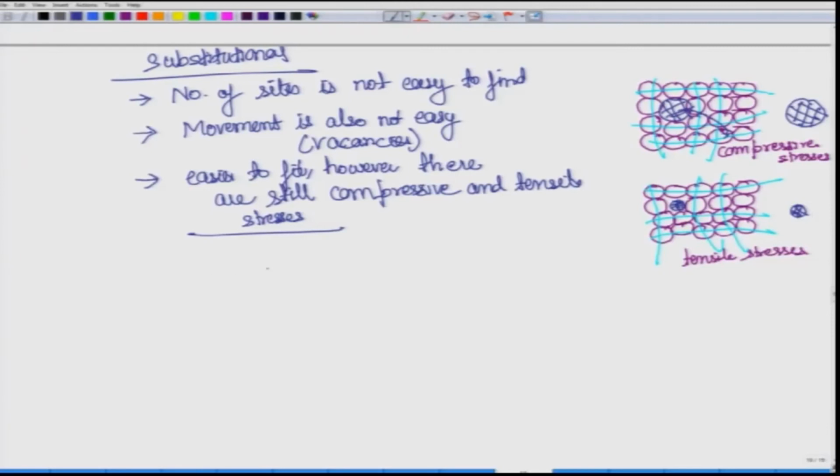Now that we have looked at substitutional, let us look at how this equilibrium concentration would look like. Again, what I will need to do is to first try to find the form of how this formation energy will be related to the atoms and the bonds. Again we will go back to our broken bond model. You remember we have used the broken bond model.